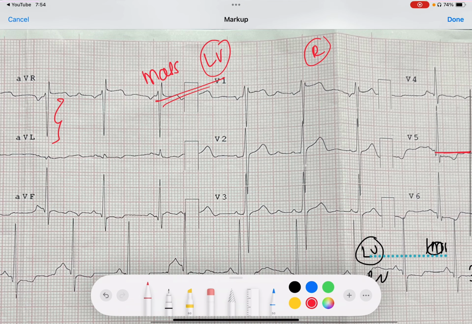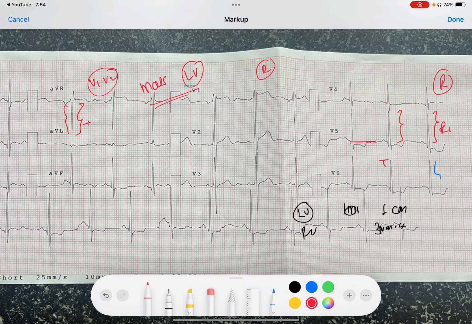Also, a prominent S wave reflects the same thing, that the mass of the left ventricle is huge. So in the right-sided leads, which are V1 and V2, we get a strong S wave. And the second thing, if the mass is more, there will be lesser blood flow compared to the mass, because the epicardial artery is fixed, its size is fixed, but the mass has increased over a period of time. So mass is more, so R is more.